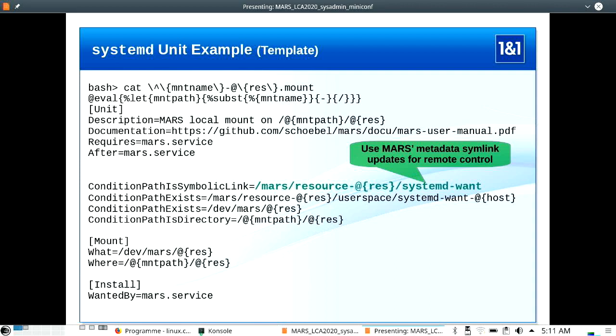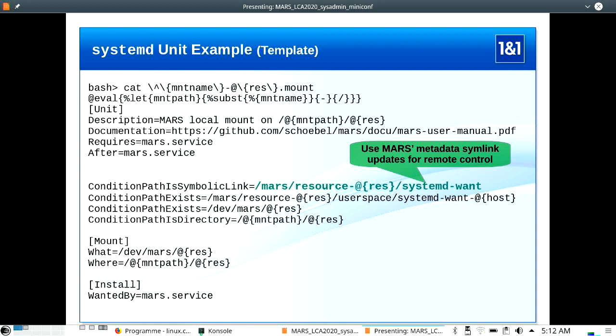So the file name here in the first line, where you see the bash, has two things. The one is the at symbol. At with the resource name is a substitution operator, dollar symbol in most other macro languages. And the caret symbol, and the first, the MNT name, this is a match operator. This matches against a real template name, which is provided later. So this variable is filled by the actual name and can be used inside of the template like any other